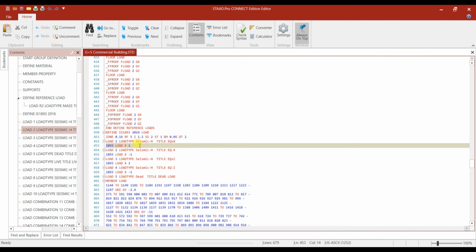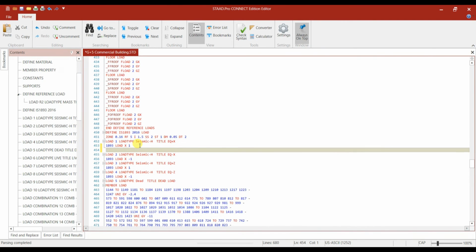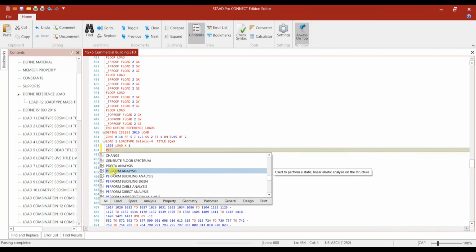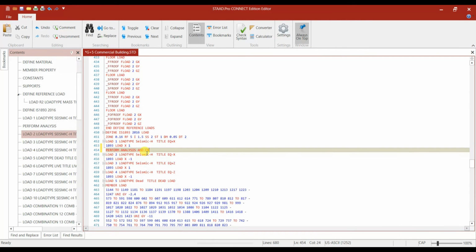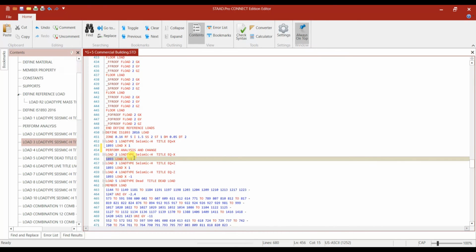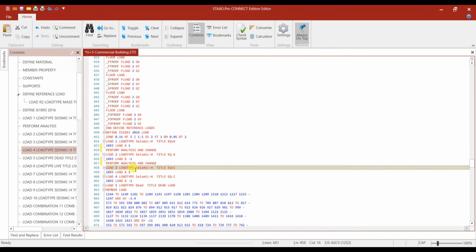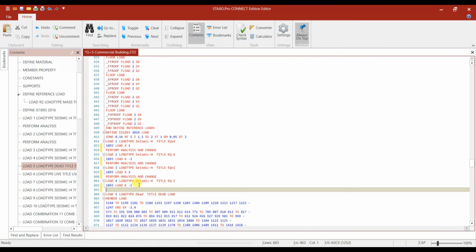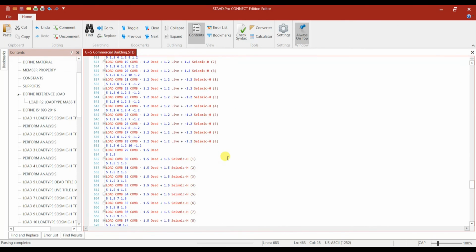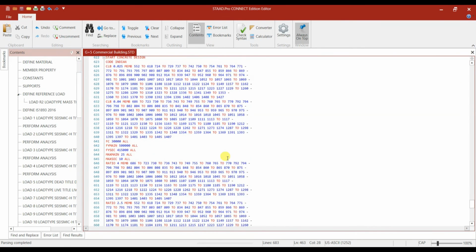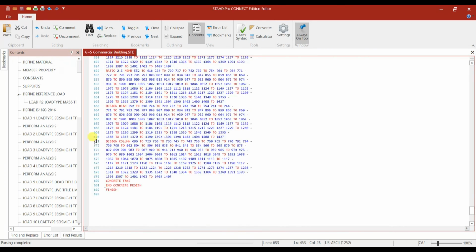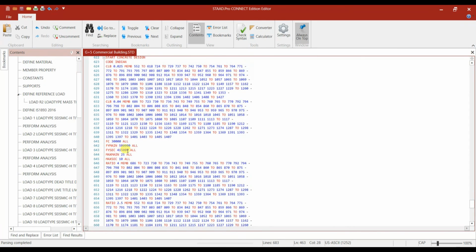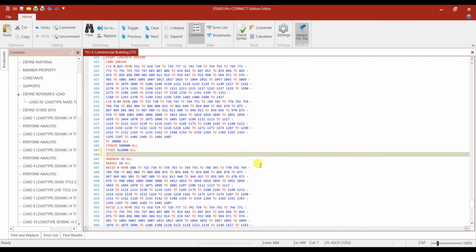So what you have to do after this, you have to enter the command perform analysis change. This you can copy and then paste it over here for all the load cases. Only seismic load cases. Perform analysis and change. So this is the one command we have to add. And next what we have to do is that ENSH parameter we need to add. Let's look into the concrete design. So after this, here we can add that ENSH